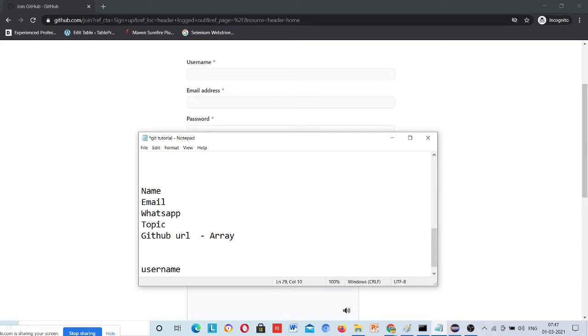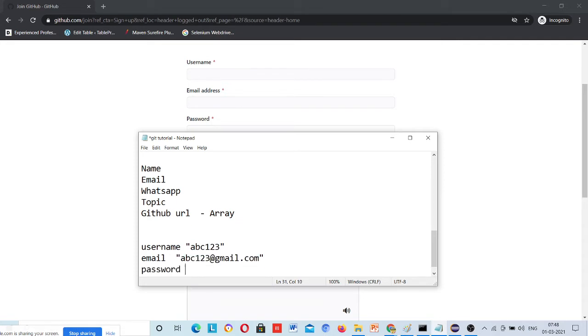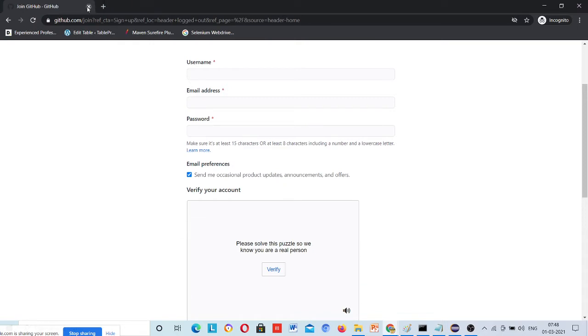Once your account is created, suppose your username is abc123, your email is abc123@gmail.com, and your password is 12345, whatever password you have set. So now your account is created.